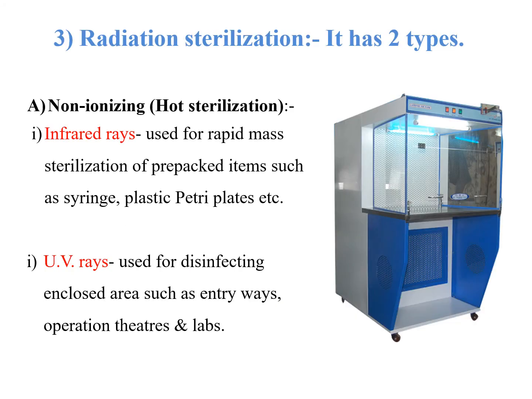Now the third type of technique is radiation sterilization. It has again two types, that is non-ionizing and ionizing radiations. In non-ionizing radiations, infrared rays and UV rays are generally used. Infrared is rarely used. It is used for rapid mass sterilization of pre-packed items such as syringes, plastic petri plates,